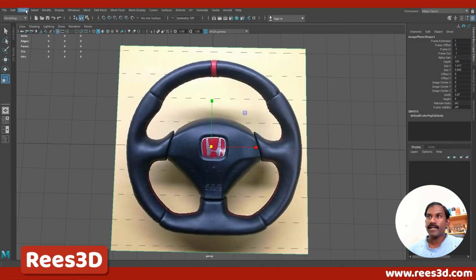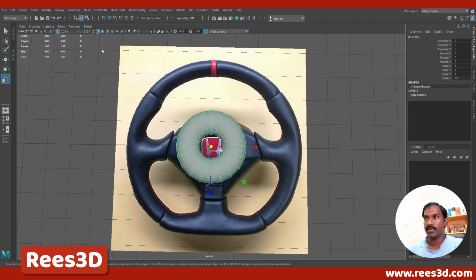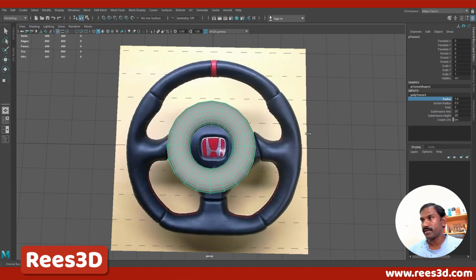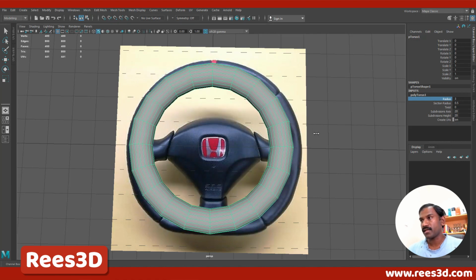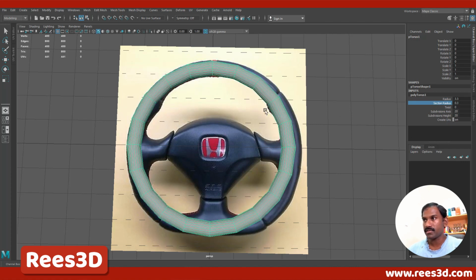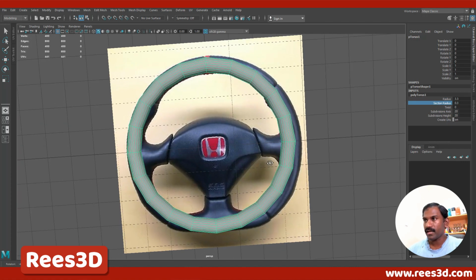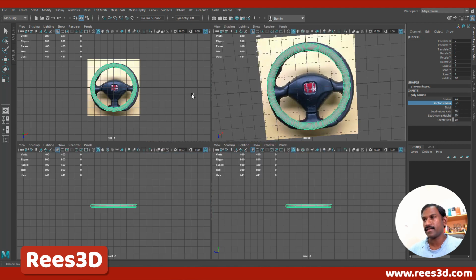So let's just go ahead and create a torus. So it's a polygon torus. There you go. Let's increase the radius here. If you're wondering how I'm changing these values, I'm using my middle mouse button to click and drag, so that'll get this result. And I'm going to just reduce the section radius just to see how much thickness we need. And if you take a look, I think the image is not exactly in the center,